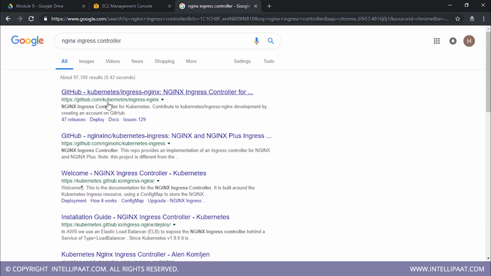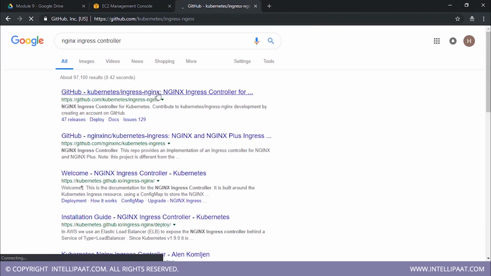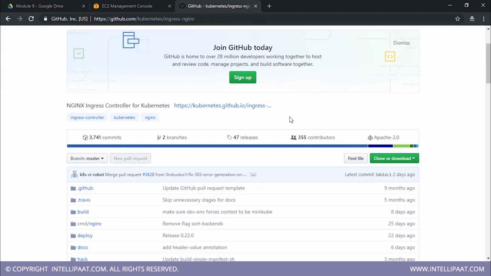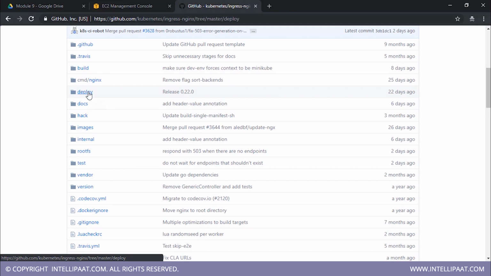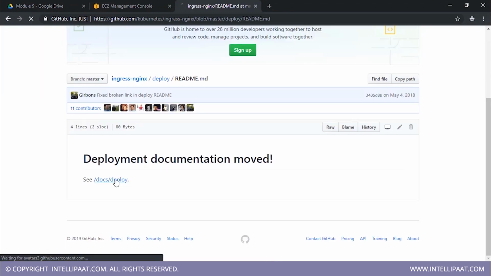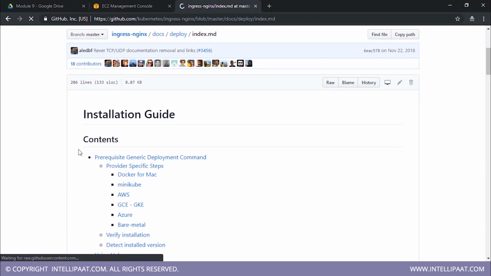Okay, you will see this GitHub page. Just click on that GitHub page. Once you click on that GitHub page, just scroll down and go to deploy. Okay, now in deploy, open readme and go to docs deploy, and here is the installation guide for the nginx Ingress